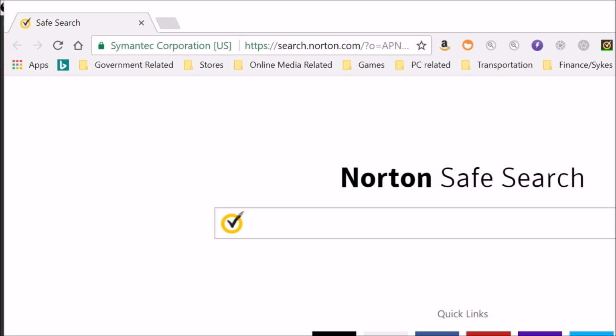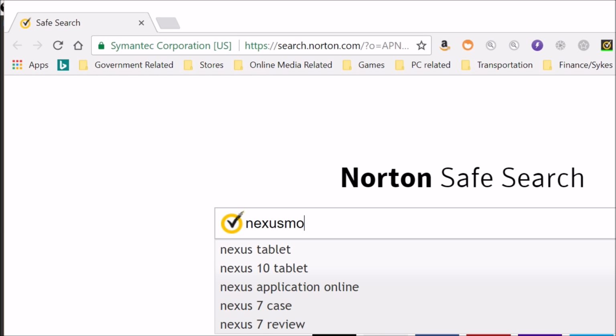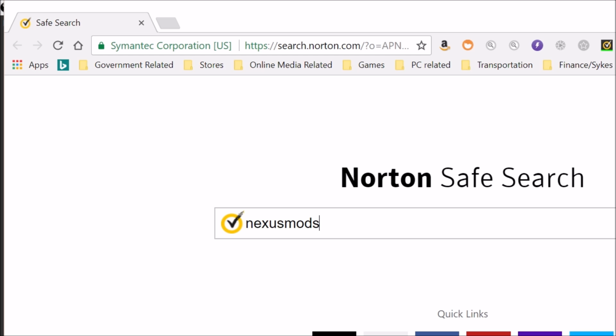So the first thing that you want to do is go to your favorite internet web browser, open it up. For me, I'm using Chrome, and what you're going to do is type in Nexus mods, all one word, into your search engine,